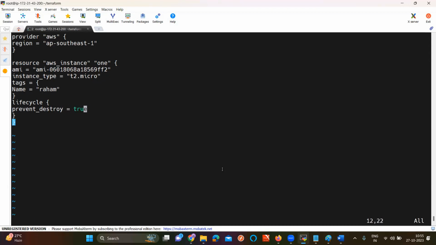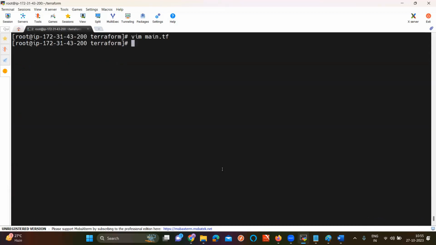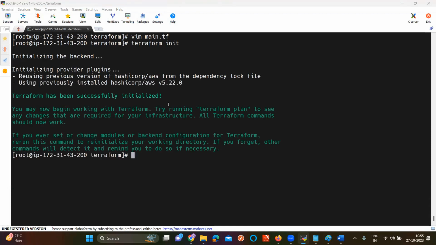That means even if you try to remove this server, it will never be deleted. I'll show it. The first command is terraform init. Then next, terraform apply, directly I can give apply.